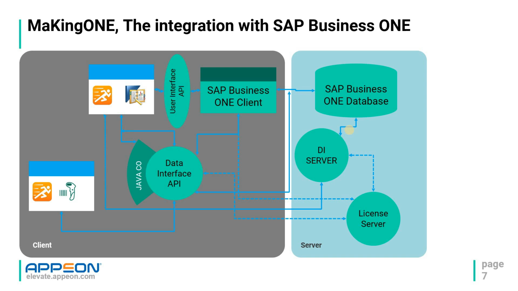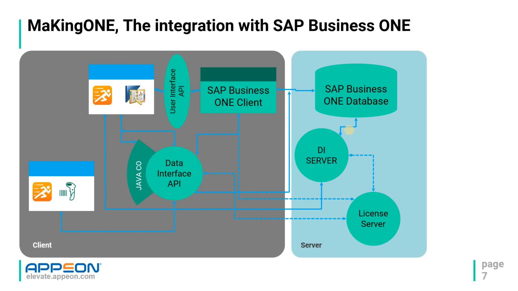On the server, we have the SAP Business One database, typically Microsoft SQL Server, a DI server, and a web application based on Apache, developed in Java, useful to connect to the SAP Business One database in a consistent mode in order to read and write SAP Business One entities. There's a license server, and on the client part there's an SAP Business One client, the application,